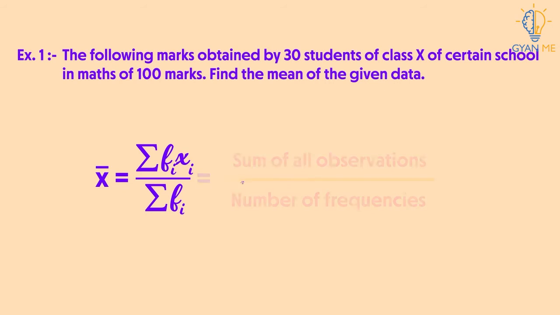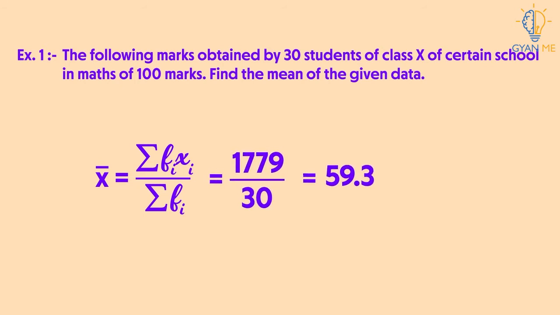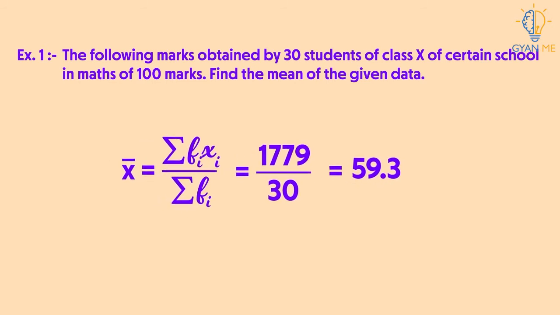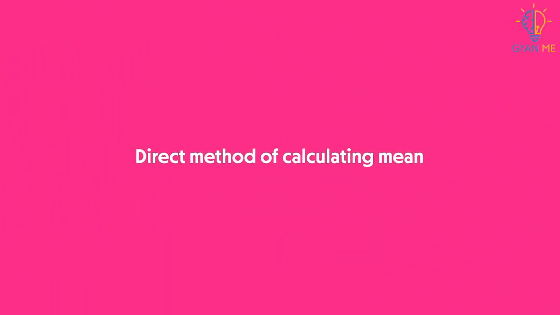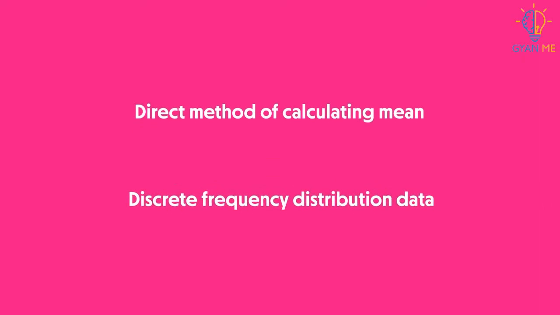It turns out to be 1779 upon 30, which is equal to 59.3. Therefore, the mean marks obtained by students is 59.3. This method of calculating mean is called the direct method of calculating mean,